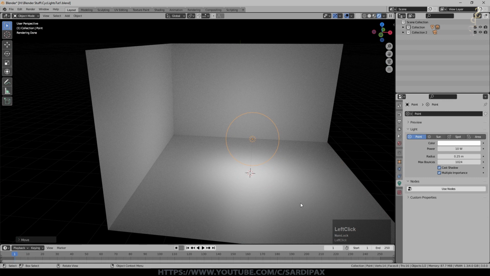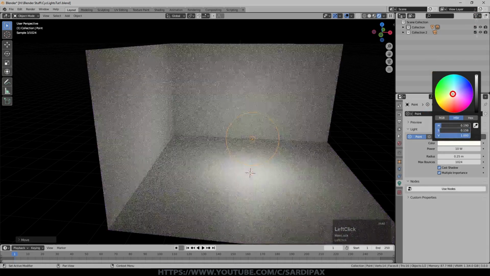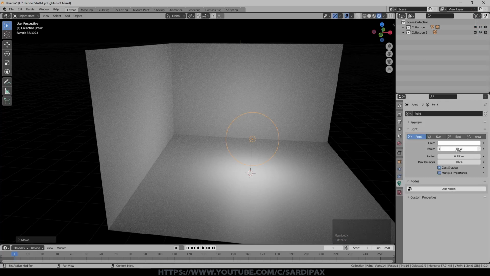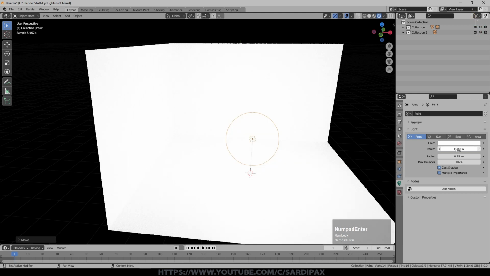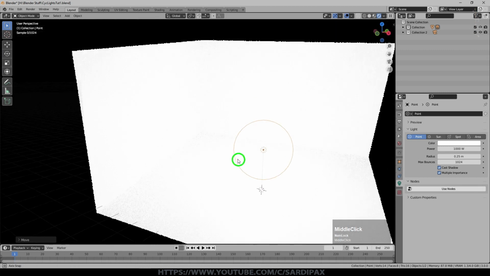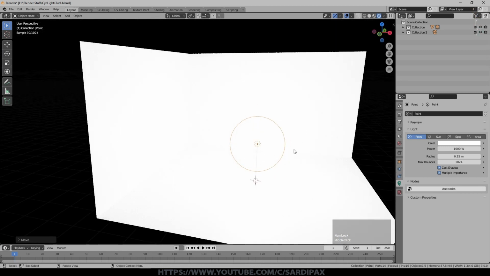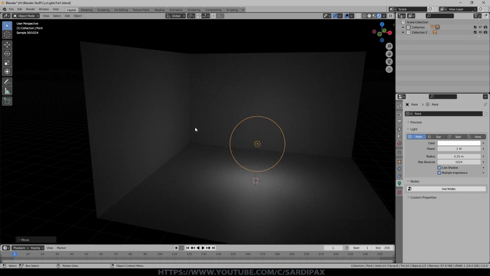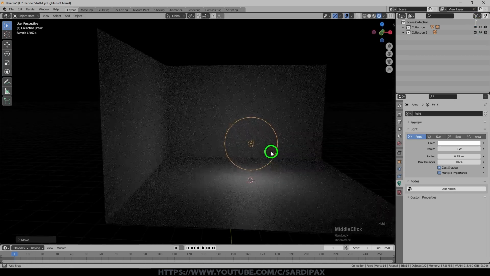So let's just have a quick play with some of the settings for that initial, most basic of lights, the point light. Obviously you can play around with the color as you would expect, and the power. So the power is in watts. So this is quite a dim light at the moment. If I put that up to a kilowatt, that's sort of outside illumination light, and you can see it's all completely washed out. We can barely see any detail in the scene at all, and that's because we've got a pretty much white surface. And if I put it down to 1 watt, it's a much more interesting scene, but you can see it's only barely illuminated.